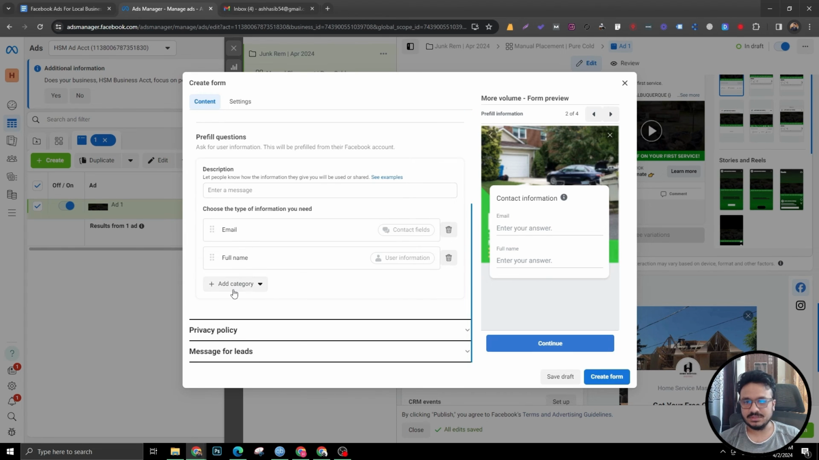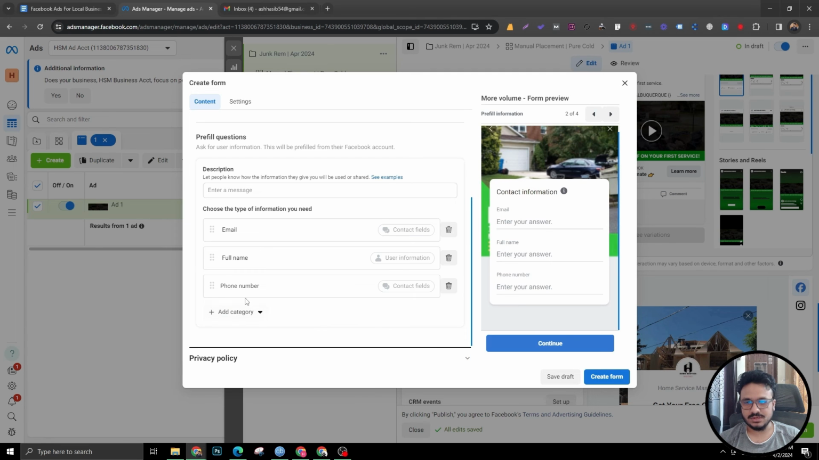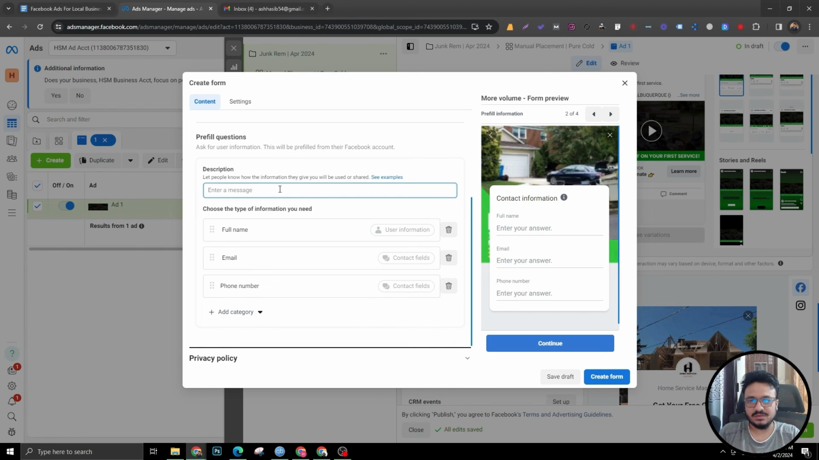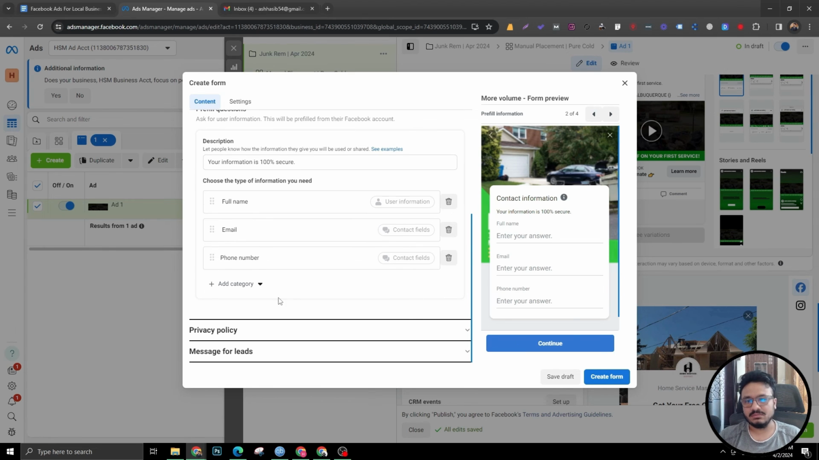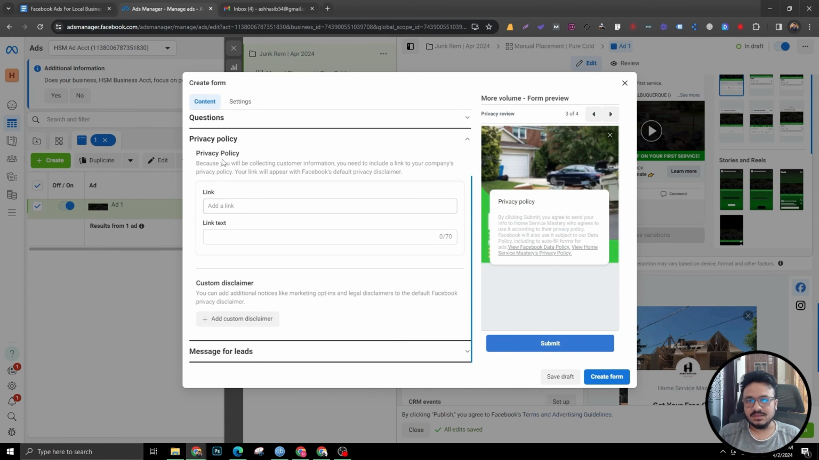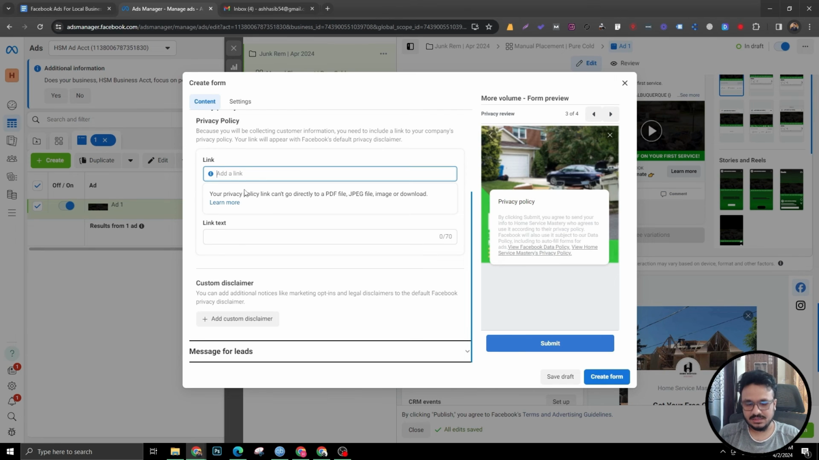So what I'm going to do is I'm going to choose phone number. It's always good to ask for phone numbers. So full name, email, phone number, that's what we're asking for in this case. And enter a message. In this part, I will say your information is 100% secure. Facebook wants to know how we are dealing with the data that we are taking from Facebook. In this privacy policy, we are adding, let's say,